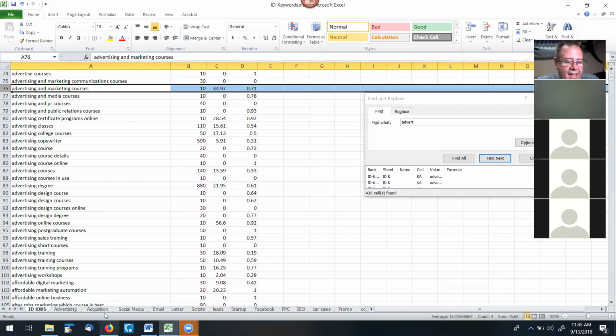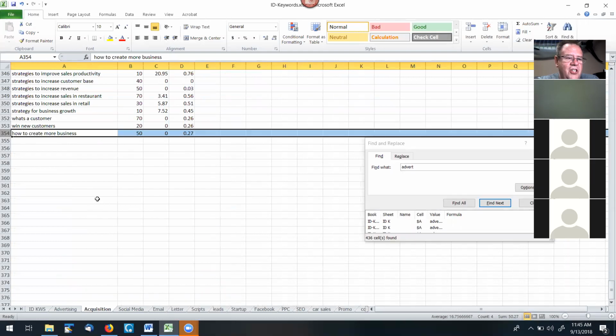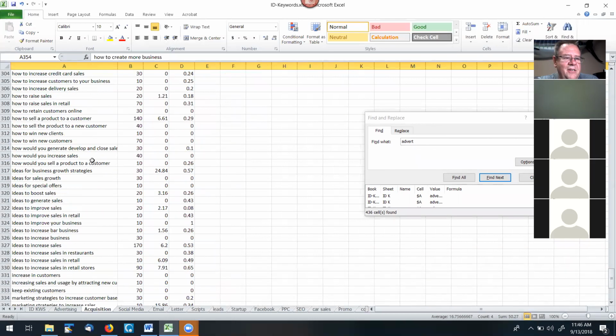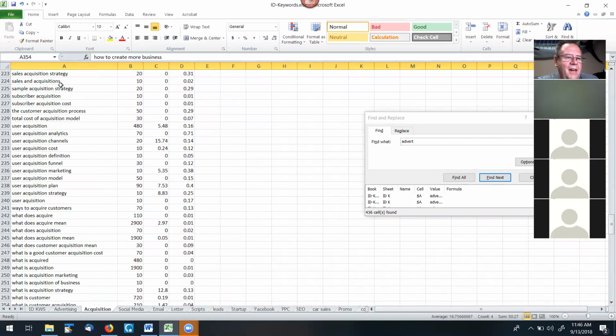So again, you can see all the different folders. I've got one for acquisition. This has everything. And again, a lot of these don't say acquisition. It's like obtain new customer. I know that's about acquisition. So again, would your outsourcer be able to determine that? Would they be able to get that little nuance? I doubt it. So, a lot of these are about acquisition, sales and acquisitions, sample acquisition strategy, subscriber acquisition